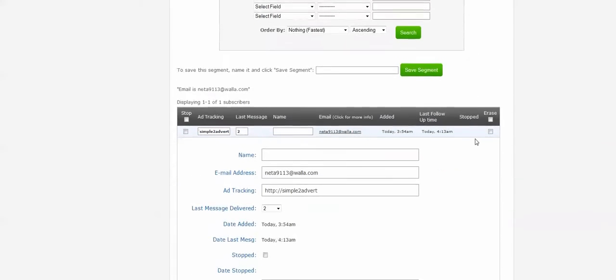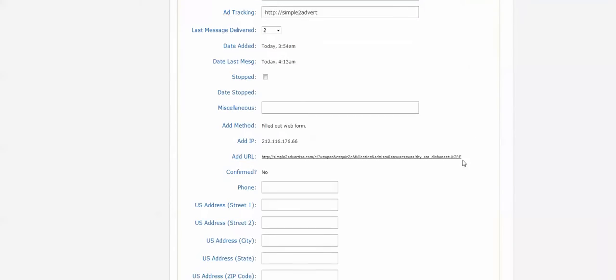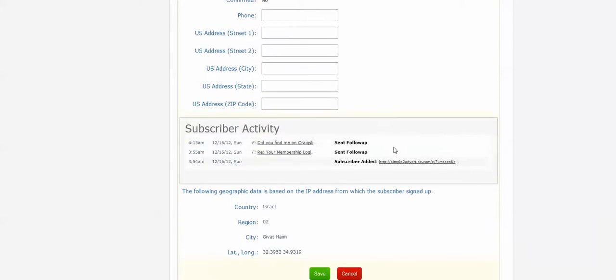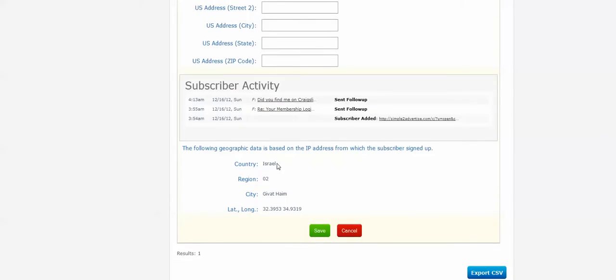Scroll down, and in the link, you can see right here, ad equals ISRA. So in my tracking, I would know that came from my Israel campaign. For those of you who hadn't seen this, this is a lead from Israel,